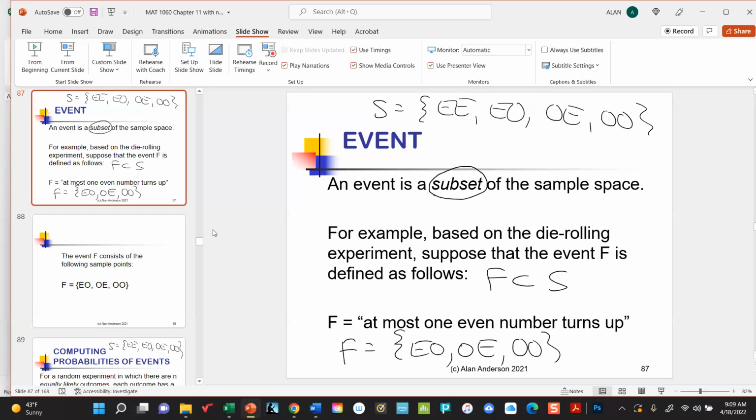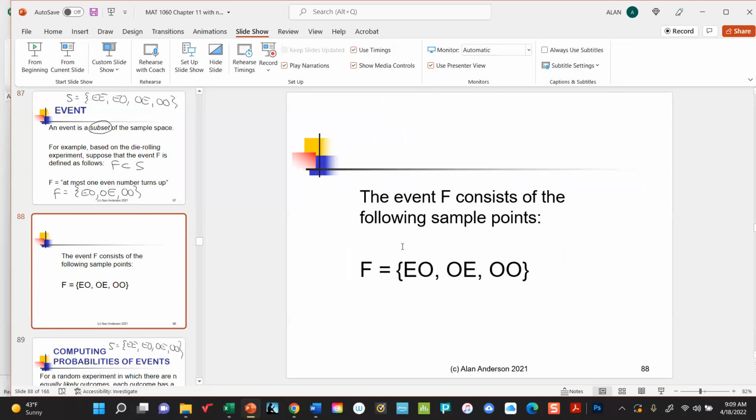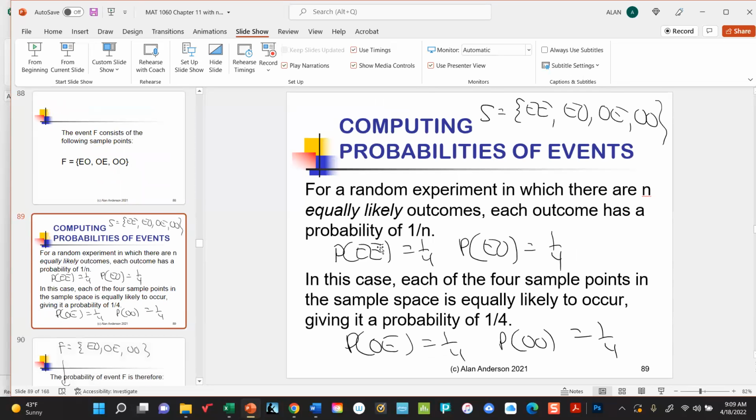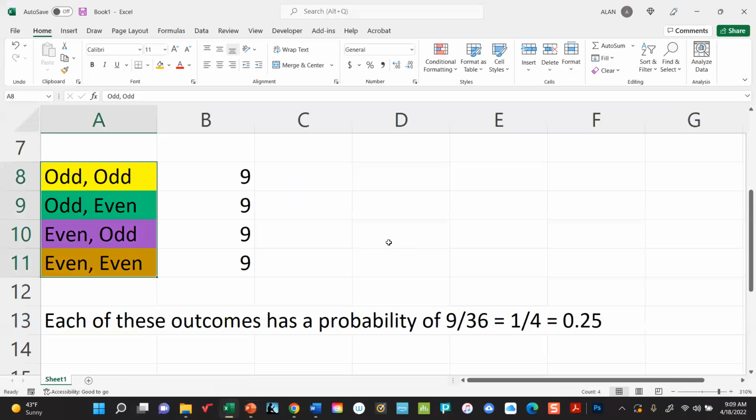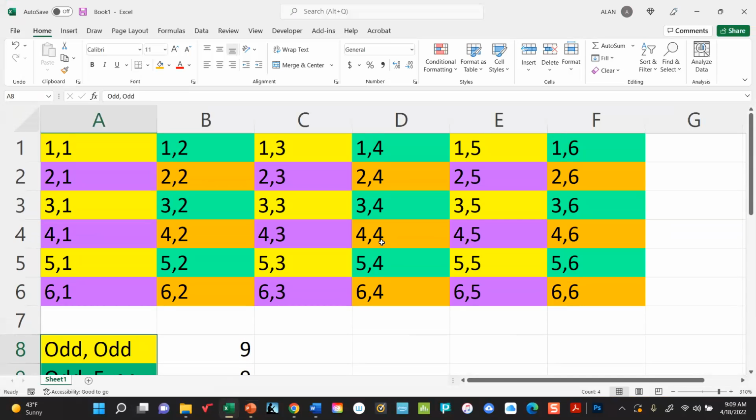Now, what am I supposed to do with F? How do I calculate its probability? Well, there's a couple of things I can do. First of all, we already have seen that each of these events, EE, EO, OE, and OO, are equally likely to occur. In fact, we've already seen from my spreadsheet that each one of these,